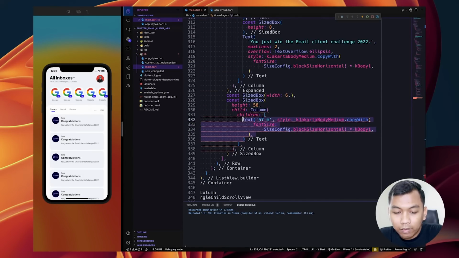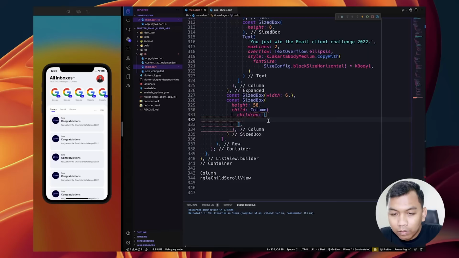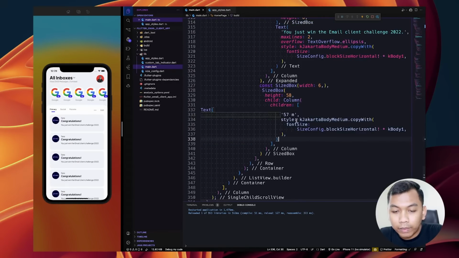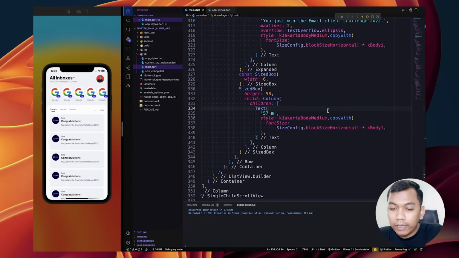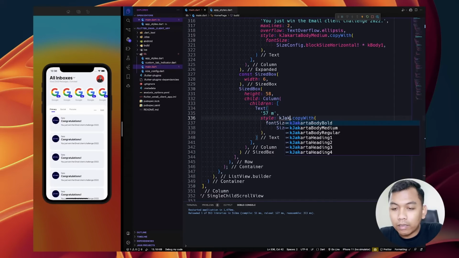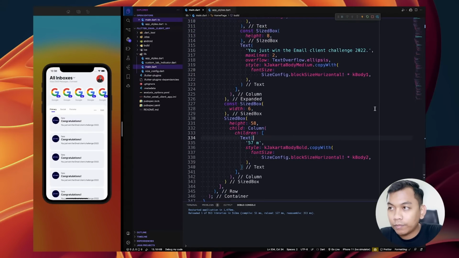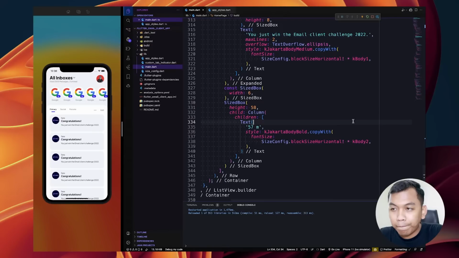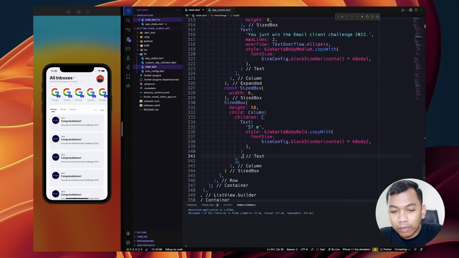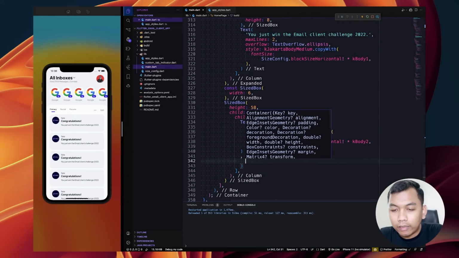We have a little error here. Alright, so paste here. And we need to change the style to be K Jakarta body bold. The size to be K body 2. And below that we will have a Container.